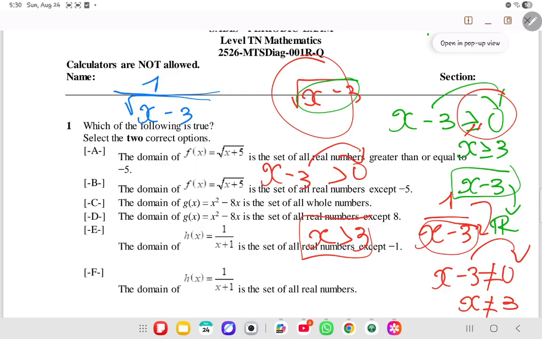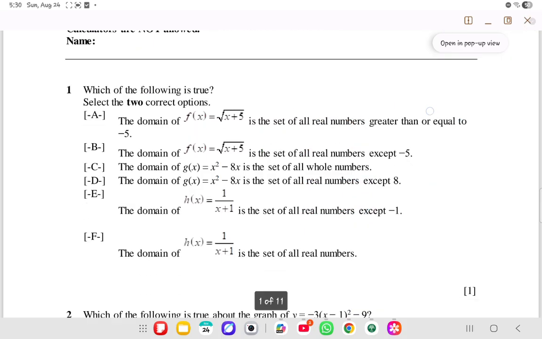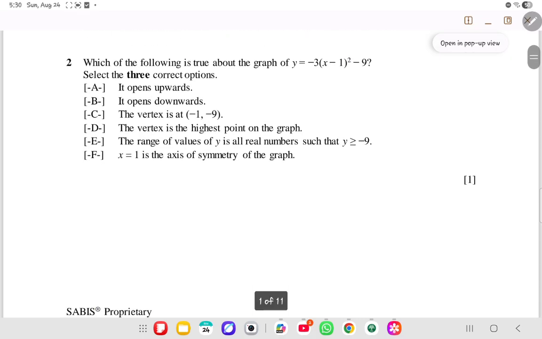These are the 4 types of cases you will get. In all cases, there's an answer for it, and this is it for question number 1. We'll move on to question number 2. Which of the following is true about the graph of y is equal to minus 3 (x minus 1) squared minus 9? So first thing you will need to remember is the basic equation of the graph, which is either